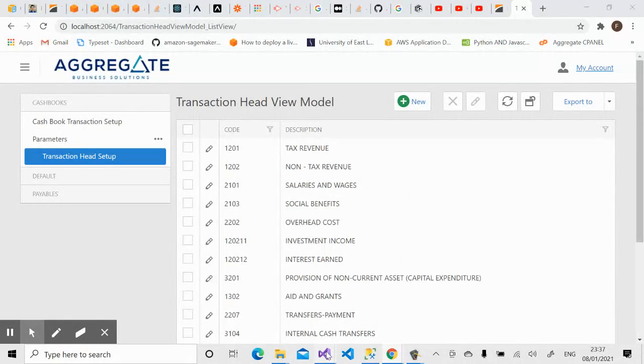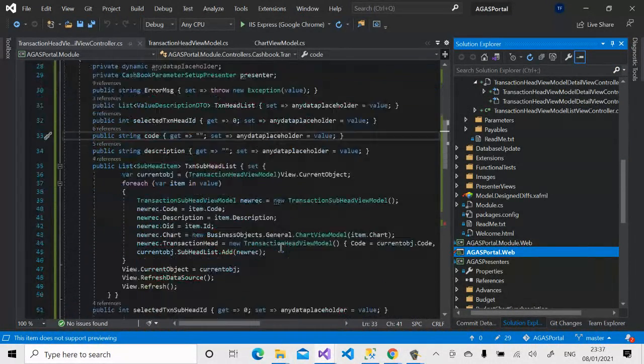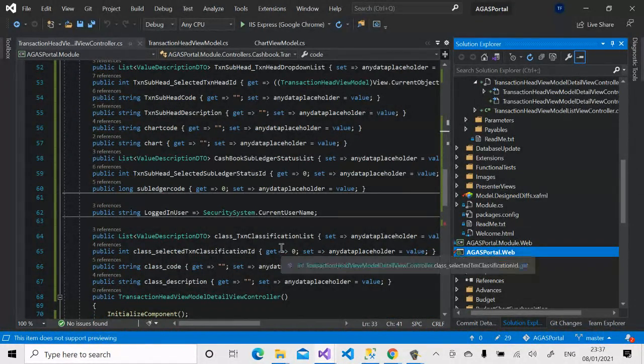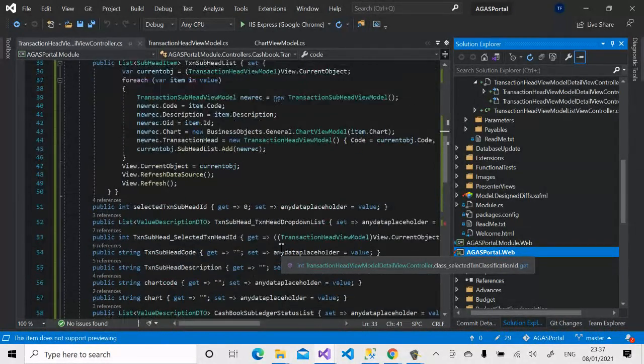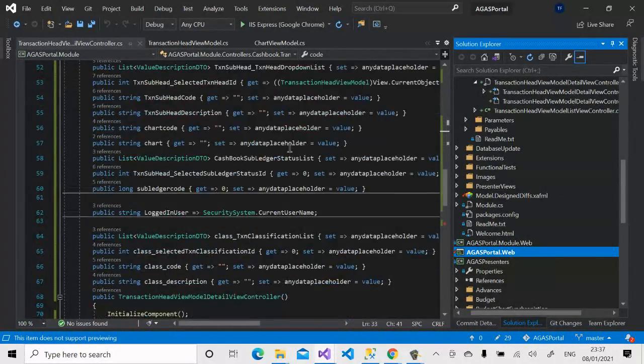Okay, so still didn't run. Just make sure everything is okay. Transaction ready. Identity is